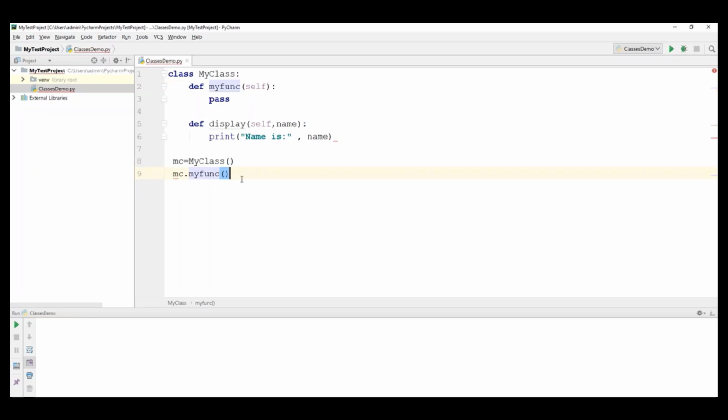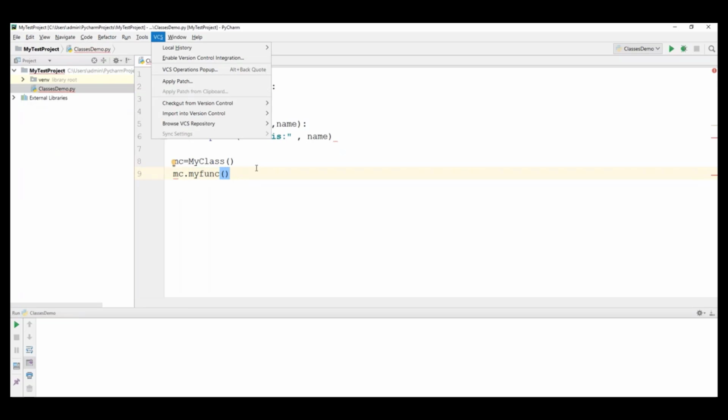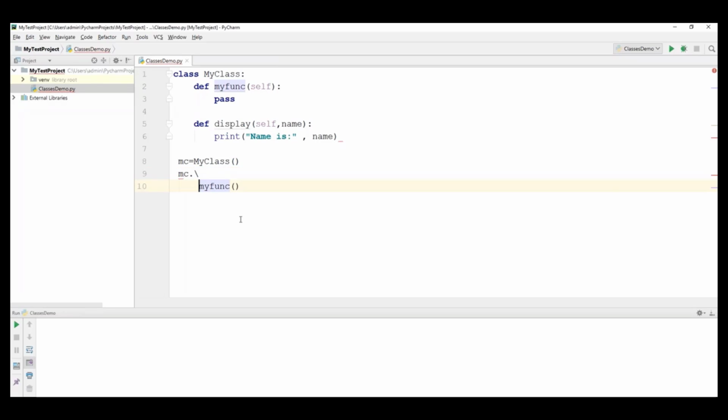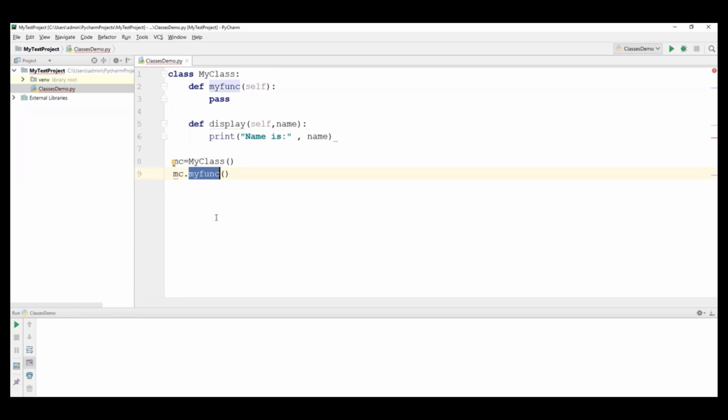All right. So now we have done this. I think the method name is wrong. Oh, myfunc is correct. Let me verify. mc is equal to MyClass, and I'm just taking this myfunction and calling it here. Then I need to also call the display method here. And there is something wrong here.